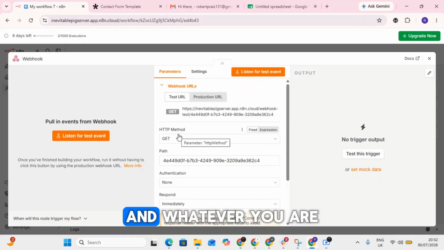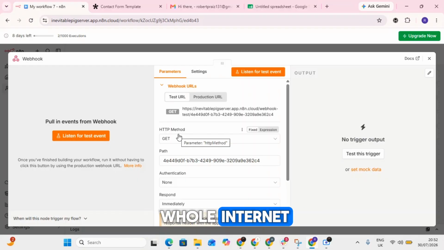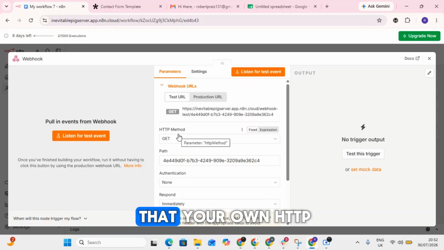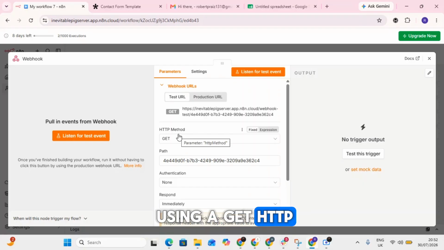And whatever you are using here in N8N also has to match their own HTTP method, in the sense that if a platform is using a GET HTTP method, you have to choose GET here too. If a platform is using a POST HTTP method, you're going to change this one to the next, whatever the platform is using. But this is not how it works in practice,